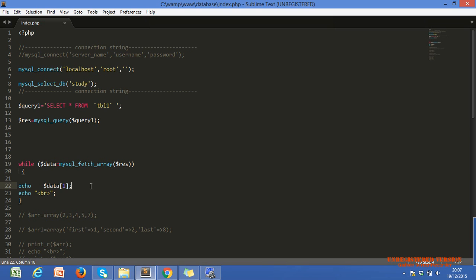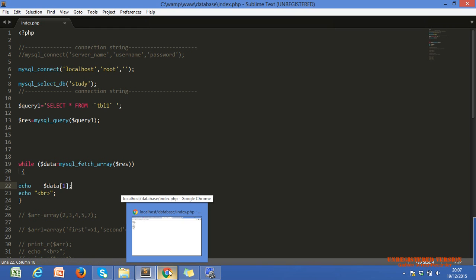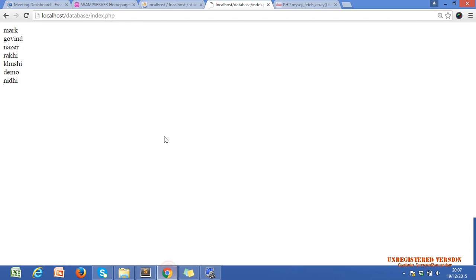Khushi and Rakhi, can you guess what the output will be? Yeah, it should print the same output.